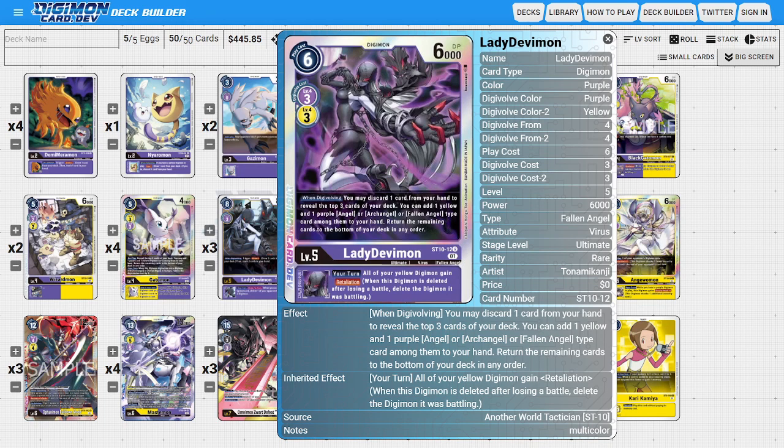where we get to discard 1 card from our hand to reveal the top 3 cards of our deck. Then we can add 1 yellow and 1 purple Digimon that is an Angel, Archangel, or Fallen Angel into our hand, and the rest go to the bottom. Even this Digimon is trying to look for our parts and pieces to make the deck more consistent,